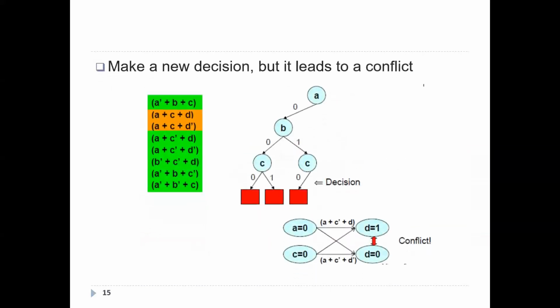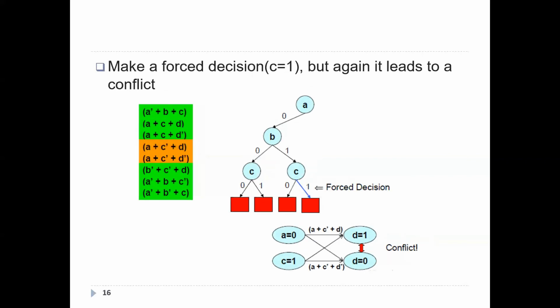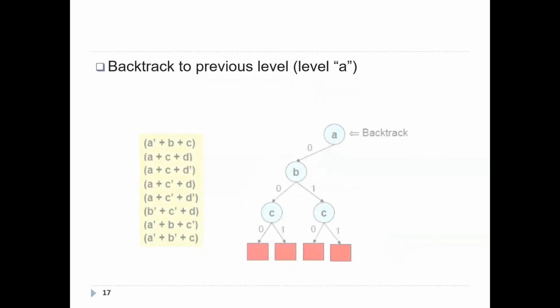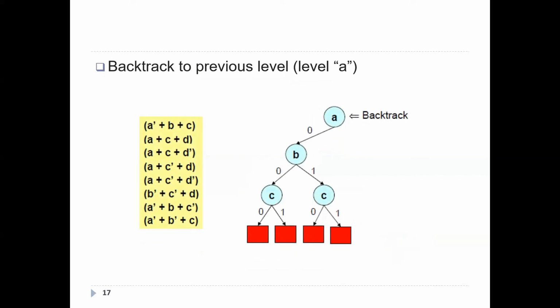Now as we move on ahead with the backtracking algorithm or DPLL algorithm, we again reach a conflict of interest where on applying c is equal to 0, again we reach a conflict of d is equal to 1 and d is equal to 0 at the same time. We again backtrack, we apply a value of c is equal to 1, and we see that we again reach a conflict of interest. We now backtrack to the uppermost level, which is a is equal to 0. Now we apply a is equal to 1 and move ahead with the DPLL algorithm.